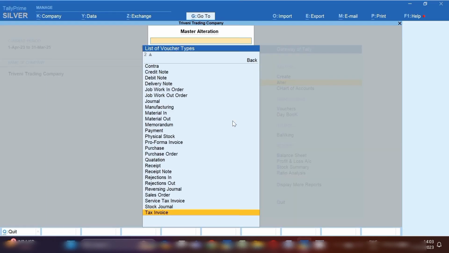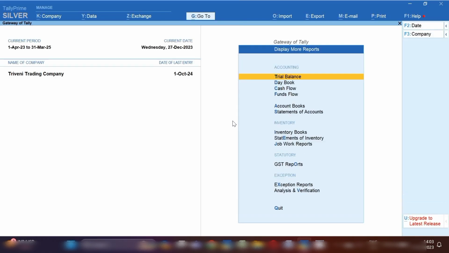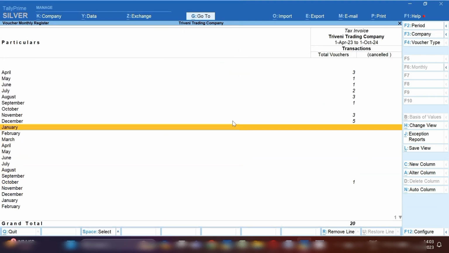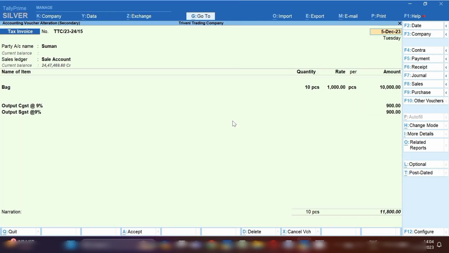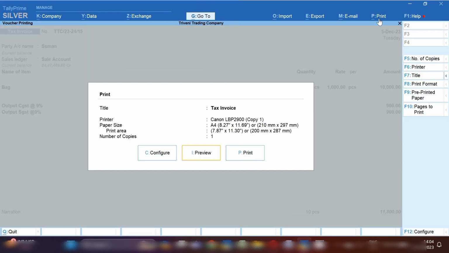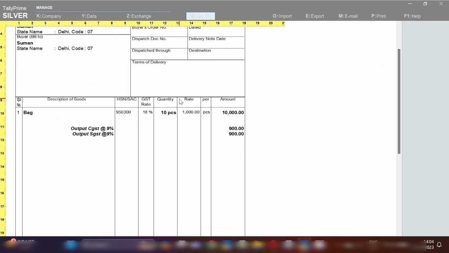Now let me open a sales invoice once again, and I will show you that whatever changes we have made will be implemented on the sales invoice. So I'm going to open any sales invoice so that I can show you. Now you can see the sales invoice has opened. Click on print, current and then the preview option, and press F4 so that the invoice can be zoomed and I can